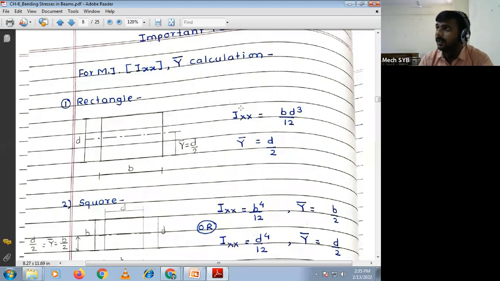Now I have to calculate the Ixx. Now this section is symmetrical about the x-axis. बरोबर आहे. सिमेट्रिकल आहे का नाही? एक्स ऍक्सिसला तुमचा सेक्शन सिमेट्रिकल आहे का नाही? जर ह्या सेक्शनचा जर आपण सेंटर फॉर एक्झाम्पल हे डी डिस्टन्स जर 40 mm असेल व्हर्टिकल डिस्टन्स, तर ह्याचा सीजी